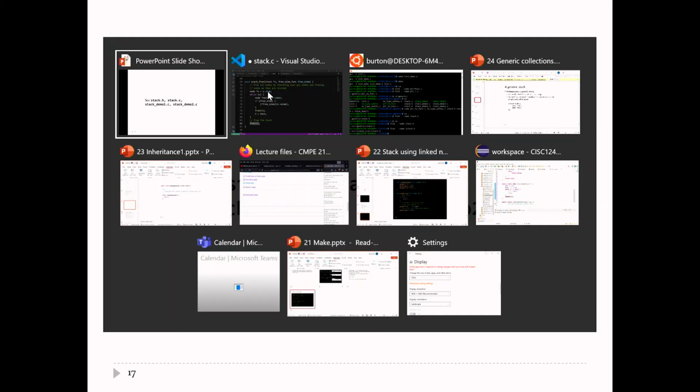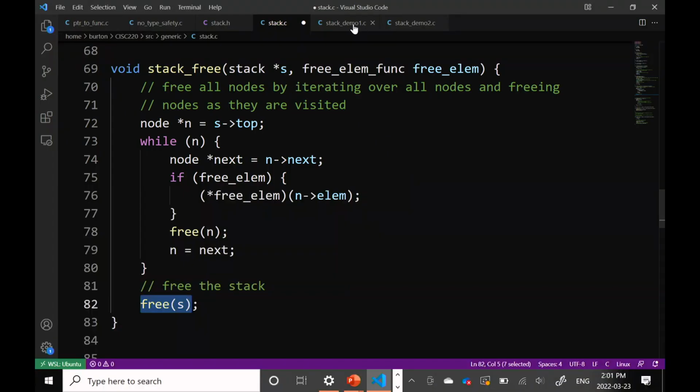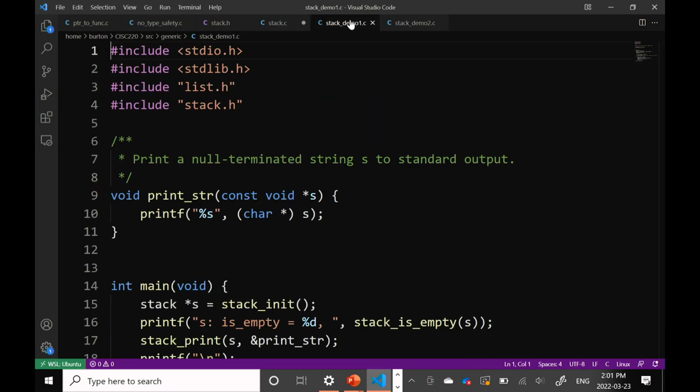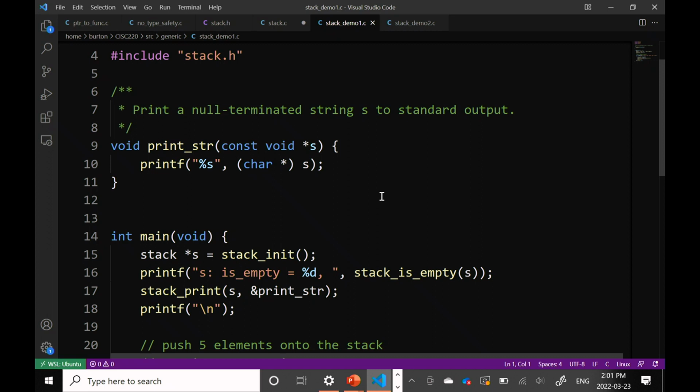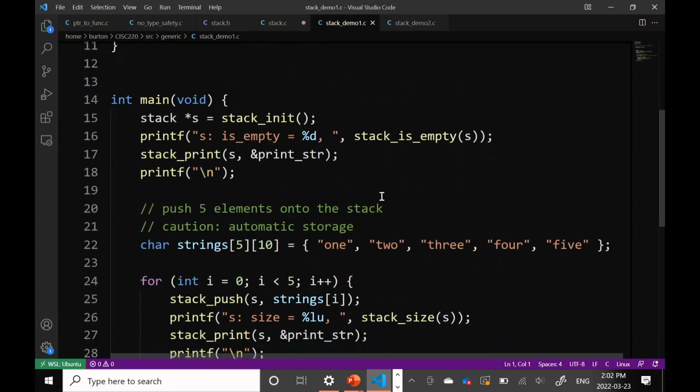Oh, stack demo. I guess we can look at stack demo, although I don't think there's anything super interesting here. Actually, there is something interesting. If you want to use the stack class, how do you use it? I want to print out the stack data structure. I could write the print function myself, but whoever implemented stack did it for me. All I have to do is provide a function that can print an element. So I'm going to make a stack,